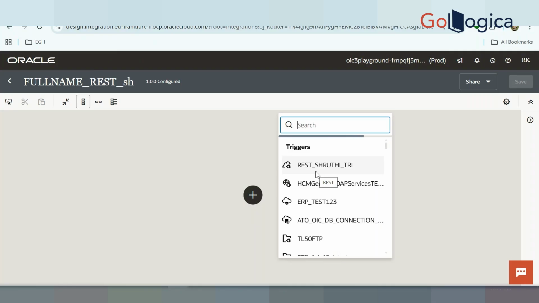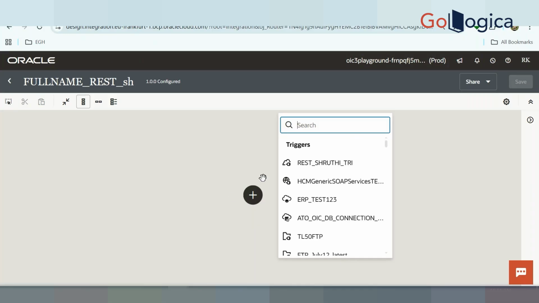So if we want to have an invoke, in that case we did not create a trigger at all, right? We just created an invoke. No, something should start, right? So either it has to be a trigger or an invoke.